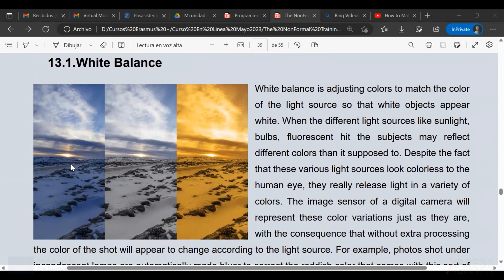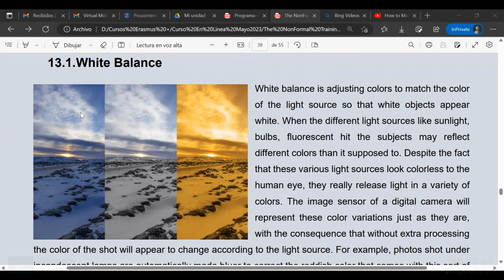We see here the changes in white balance, right? We see blue here, we see white here, and we see yellow here. The balance will be here, where you can see the blue skies with white clouds, white snow, and gray stones.